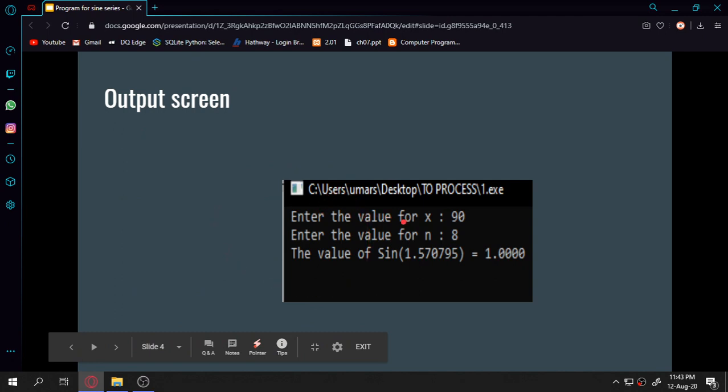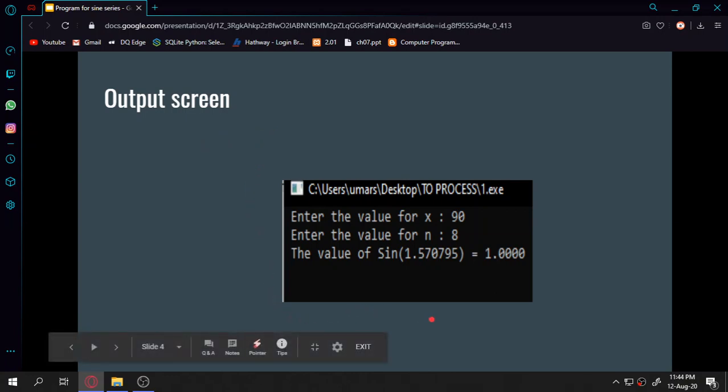This is how the output looks like. When it asks for the x value, I am giving 90. This is the sine series. For sine 90, the value is 1. I am giving n is equal to 8 terms. For 8 terms, the loop repeats. That means it will calculate till x power 15 by 15 factorial, like that. It will go for 8 terms and then the value found is this. The value you gave as degree, 90, has been converted to the radian value by x into pi by 180. This is the answer. So this is how this program calculates the sine series.